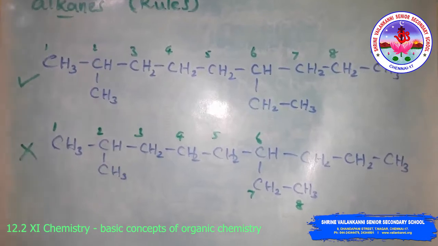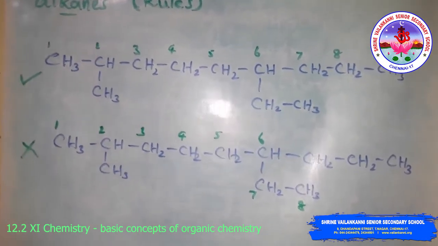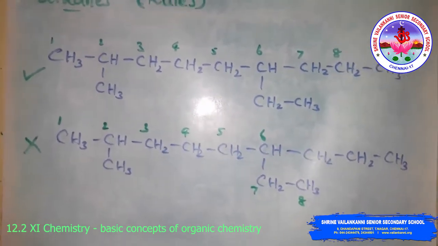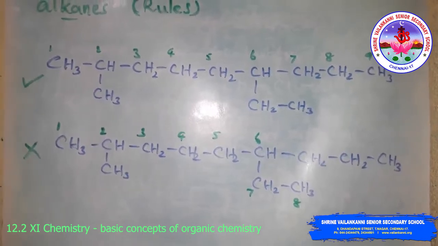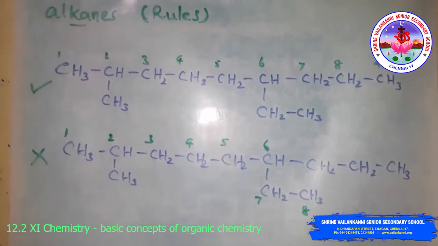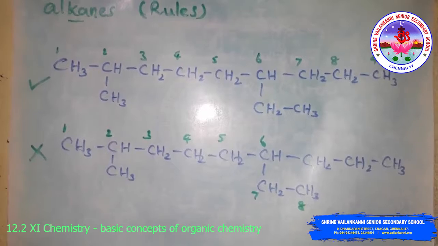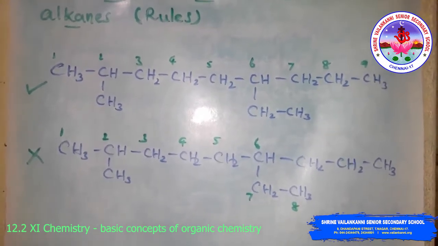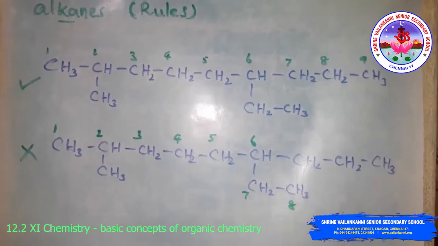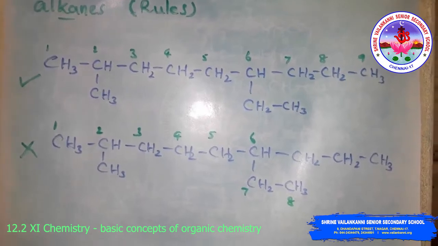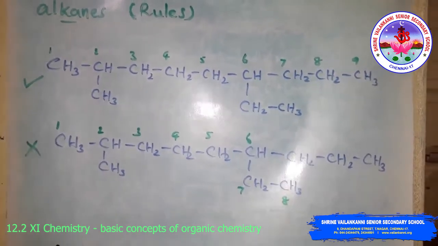Then the second rule is that the carbon atoms of the parent chain are numbered to identify the parent alkane and to locate the position of the carbon atom at which the branching takes place due to the substitution of an alkyl group in place of the hydrogen atom. See, for example,